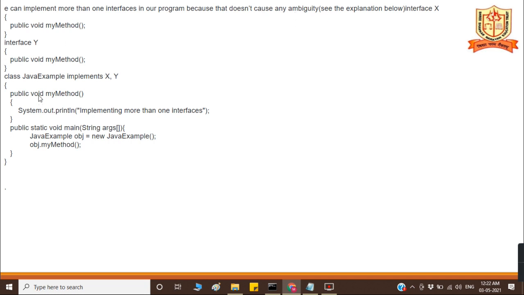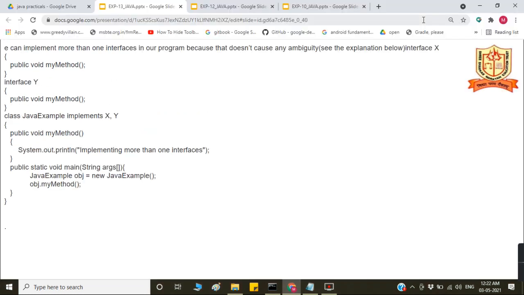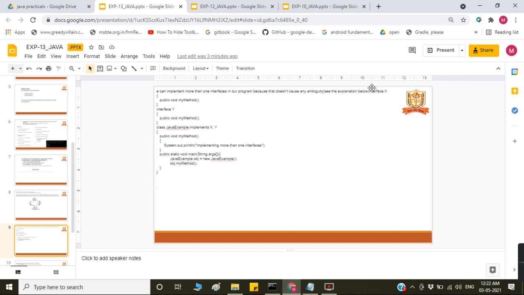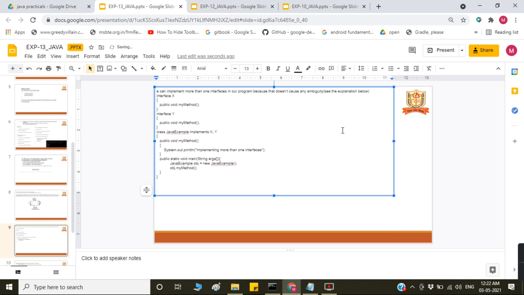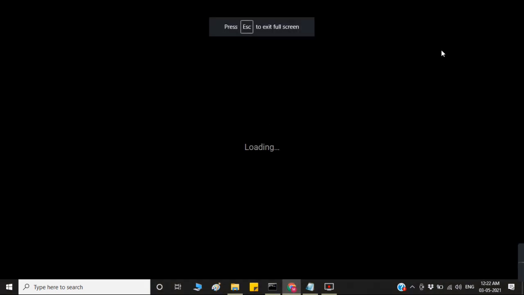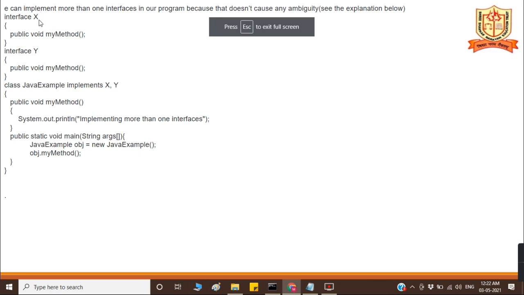So here we are using more than one interface. Interface X is there. Inside the interface we have one method, that is my method. Interface Y is there. So here also we have the method.